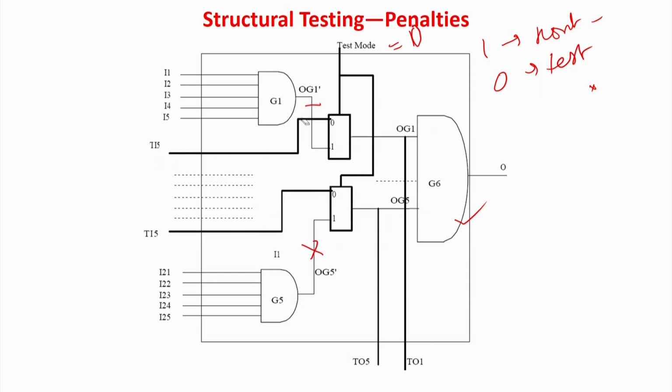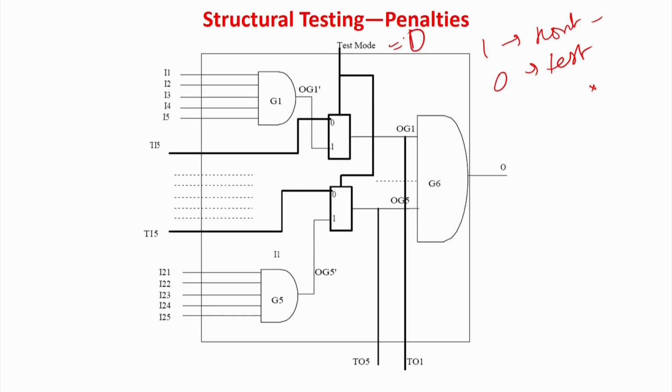Now, say that I want to operate the circuit in a normal mode and I am not doing testing at this point. You make test mode equal to 1. So, this one will be connected over here, this one will be connected over here. So, automatically the circuit is in your normal operating mode, right. So, this is the way we are doing control.